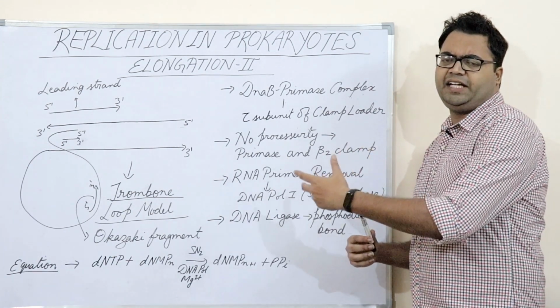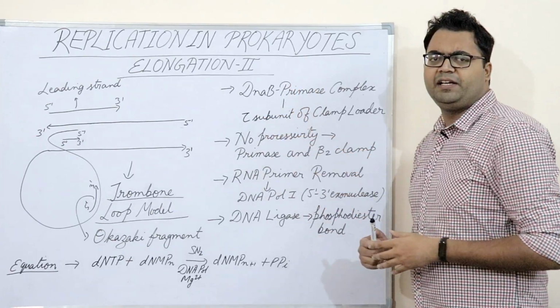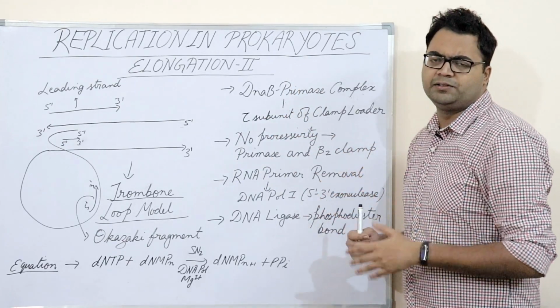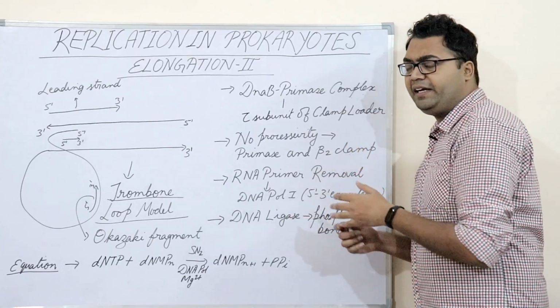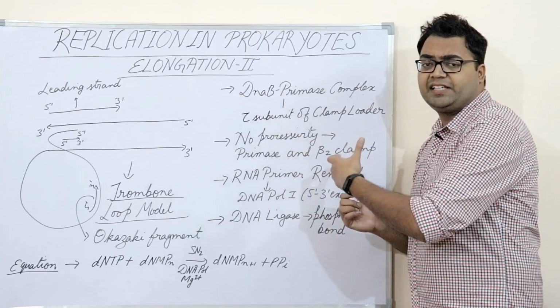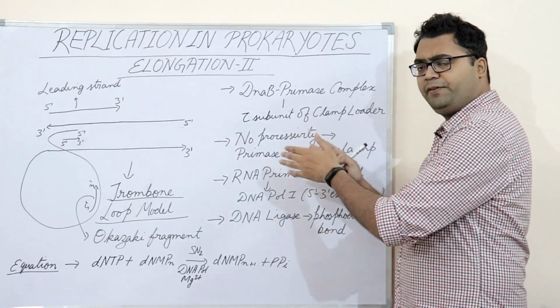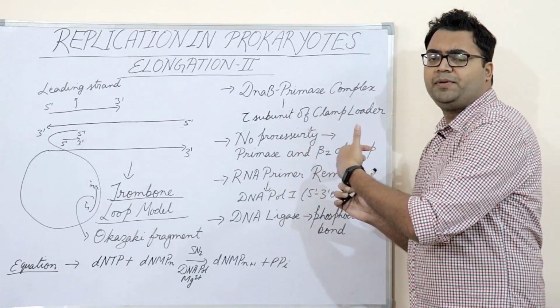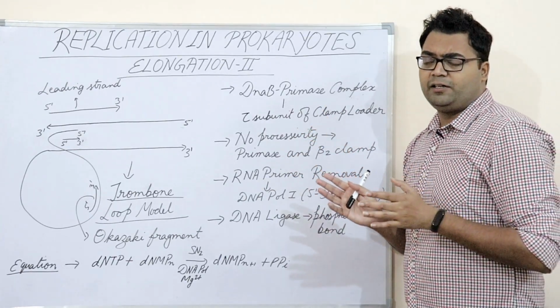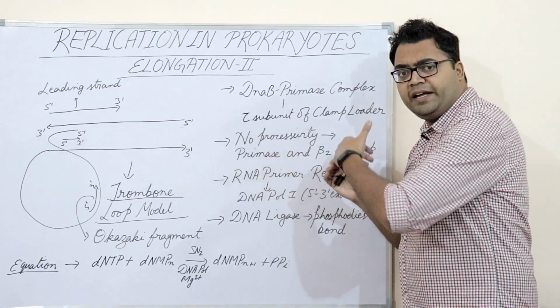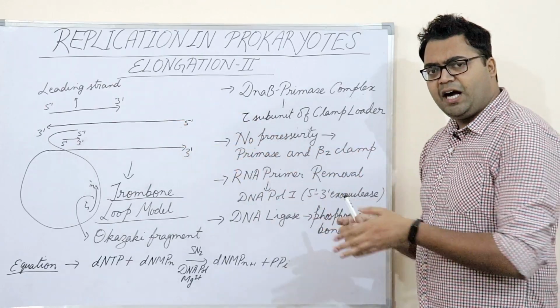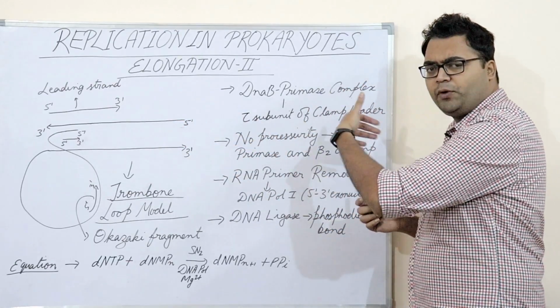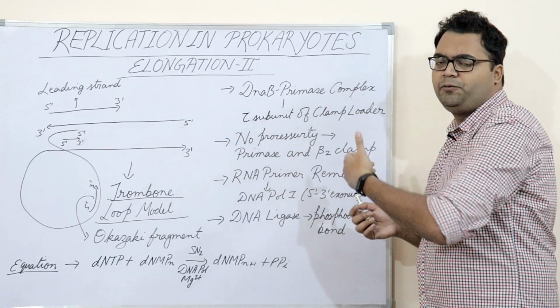Today I will bring you a very exciting topic, that is part 2 of the elongation of DNA replication in prokaryotes. In my previous videos, I have already talked at length about the initiation part and the first part of elongation, where I described extensively the 10 different subunits comprising DNA polymerase 3, made up of 900 kilodalton of mass, and how it differs in properties and in processivity from DNA polymerase 1, and how the different DNA polymerases from 1 to 5 play various roles